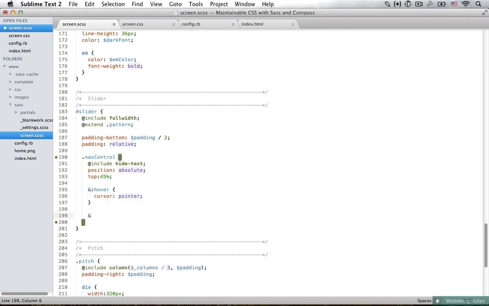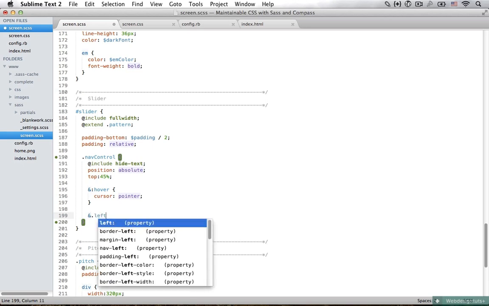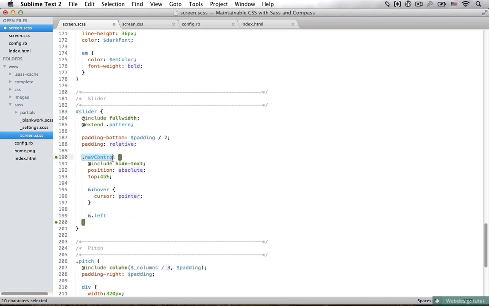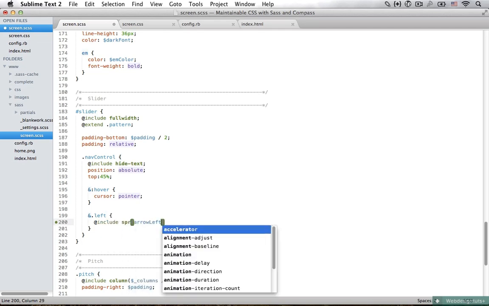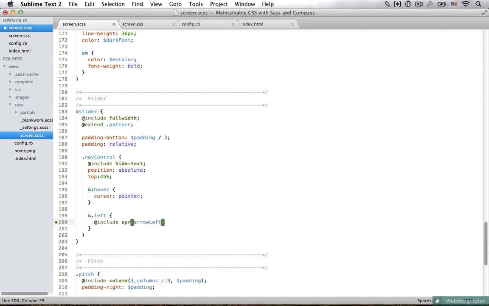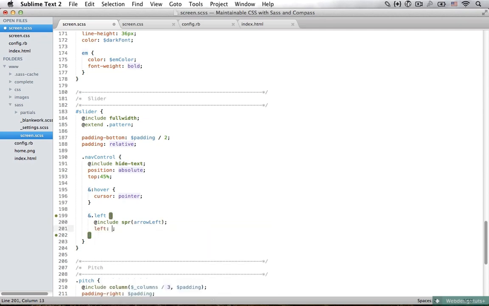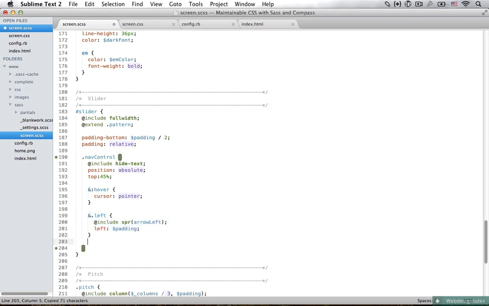And now we can style the specific buttons, which are the left and the right. So I can type ampersand dot left, and this is going to compile to class nav control dot left. So that basically means an element which has the class of nav control and the class of left. And I'm going to include a sprite. And we haven't looked at these images yet, but we will in a second. Set it to be padding pixels from the left